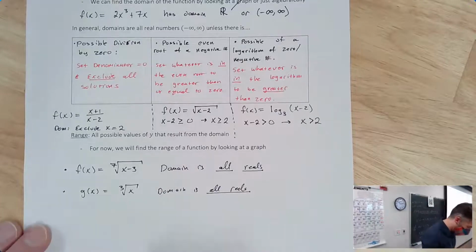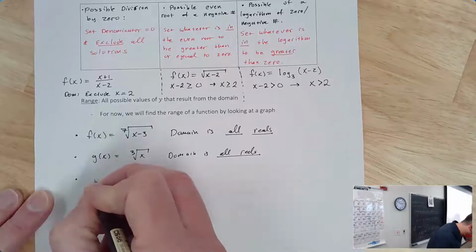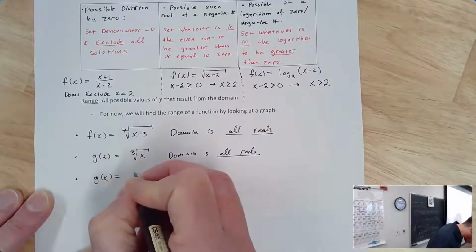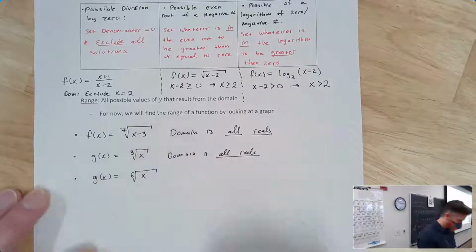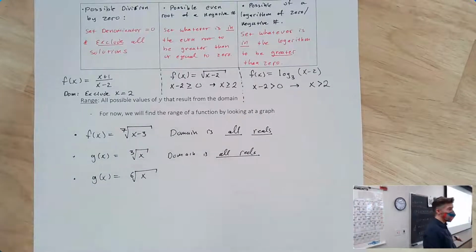On the other hand, even roots are problematic. If g of x is equal to the sixth root of x, I can't take the sixth root of -4 or -64, because you can't multiply something by itself 6 times and have it turn out negative. Right? If you multiply something by itself an even number of times, the result's going to be positive. Because a positive times a positive times a positive times a positive times a positive times a positive is positive,